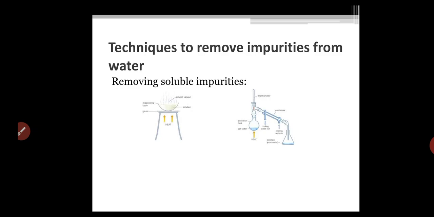Distillation is nothing but, impure water is taken. Then on heating, water changes into water vapor and the impurities are left behind. When water vapor passes through the condenser, it cools down. Once it gets exposed to colder air, it cools down again, and the water vapor gets converted into water. And this is how the pure water is collected in the flask.